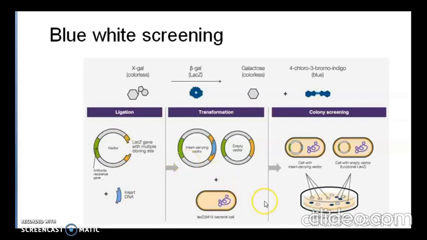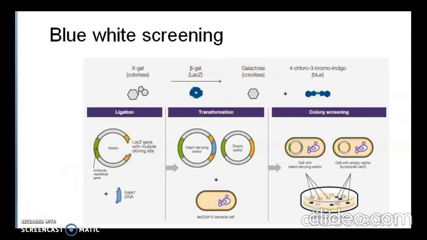Cells transformed with vectors containing recombinant DNA will produce white colonies, and cells transformed with non-recombinant plasmids, that is only the vector, grow into blue colonies. This method of screening is usually performed using a suitable bacterial strain, but other organisms such as yeast can also be used for this purpose. Beta-galactosidase is a protein encoded by the lacZ gene of the lac operon, and it exists as a homotetramer in its active state.